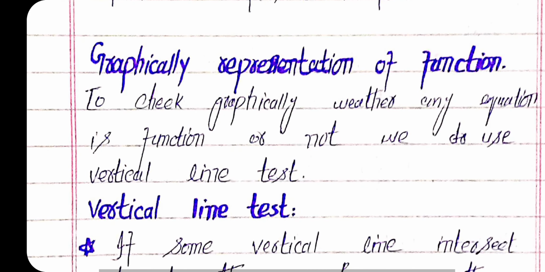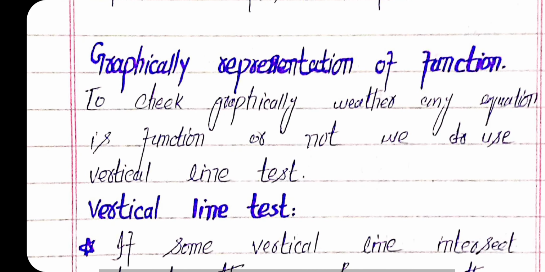Here we consider the equation y is equal to x cube, where x belongs to the set of real numbers. We can see that the graph of x cube lies in the first and third quadrants. If we draw a vertical line on this graph, we can clearly see that it cuts the graph only once. It means the vertical line test does not fail, and y is equal to x cube is the equation of a function.